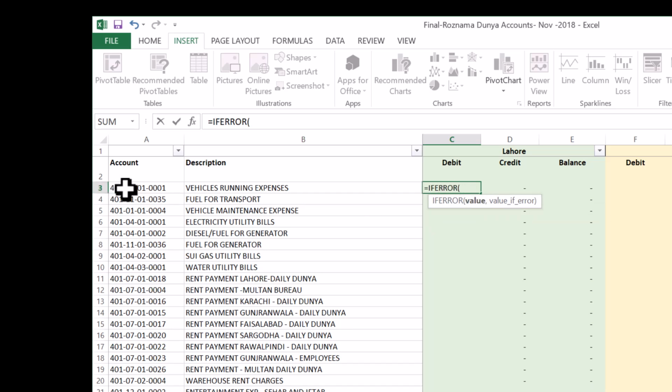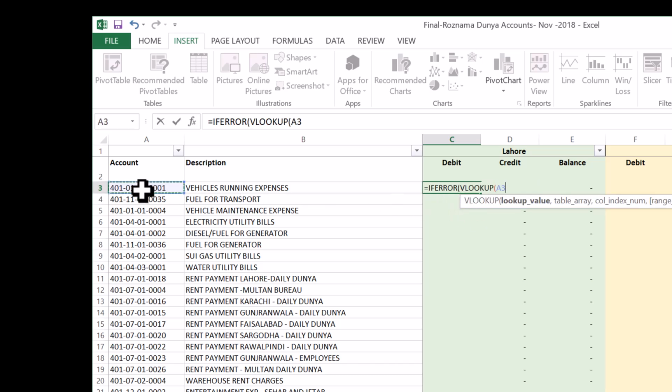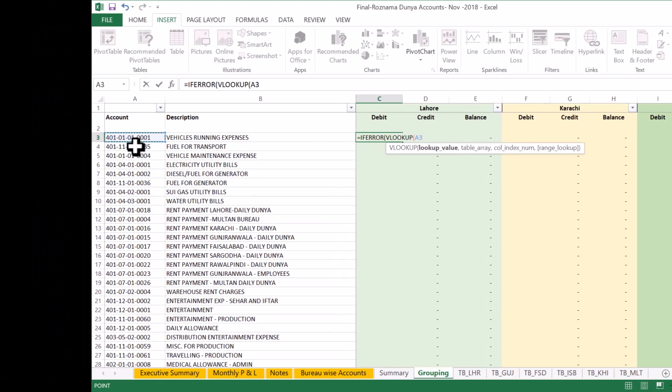Sometimes when working in Excel, we need to pull the exact value from another sheet without showing any errors if the value is missing. Here's how to do it step by step. 1. Go to the cell in your debit column where you want the result. Type the formula starting with =IFERROR(VLOOKUP(, select the account you want to search for in the current